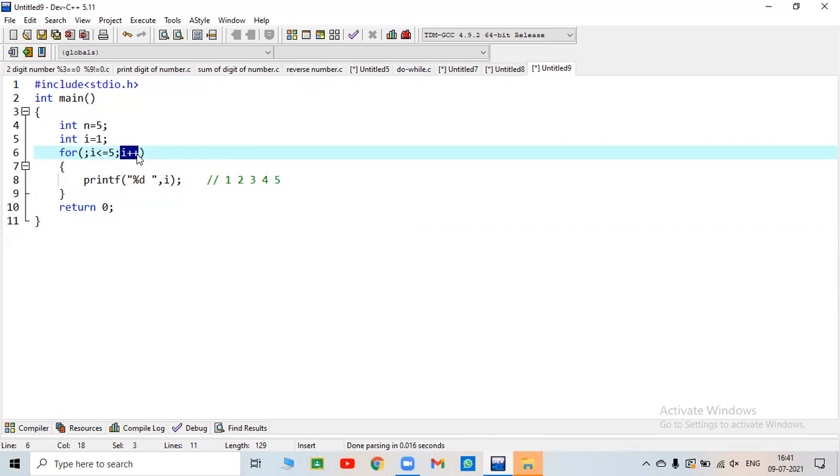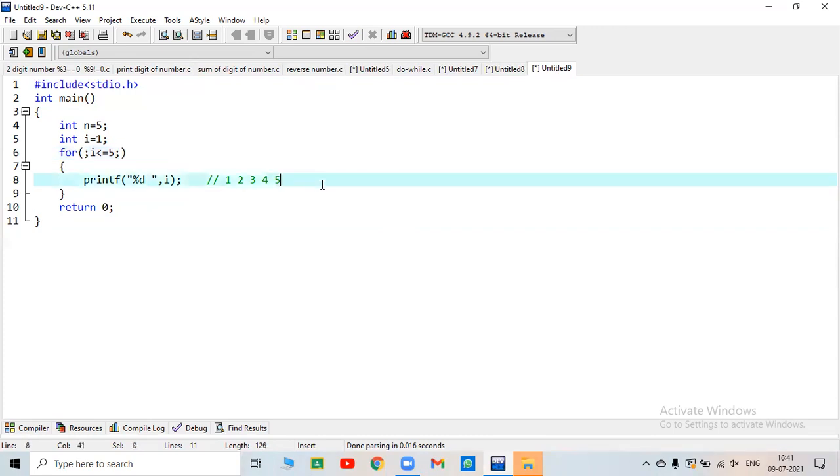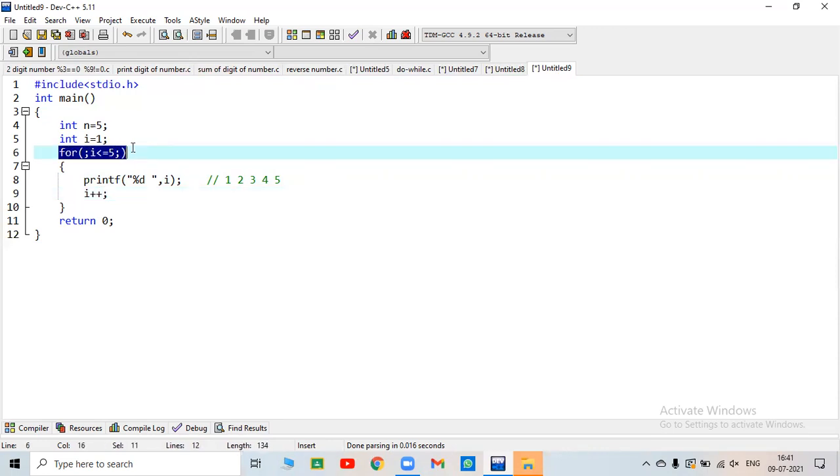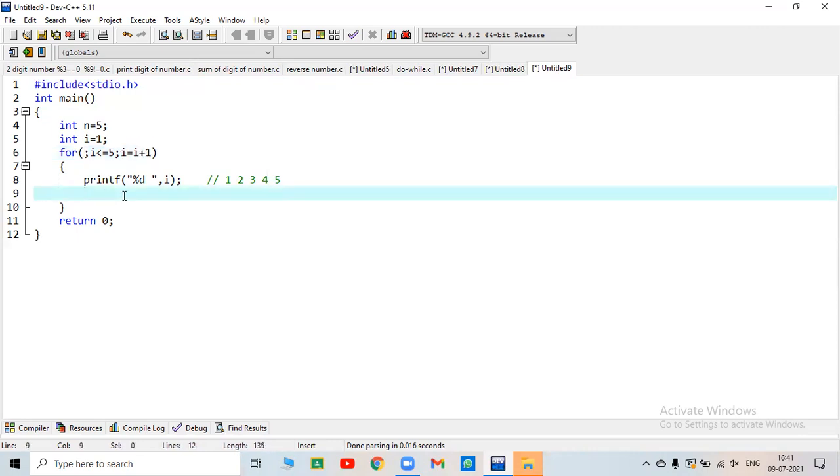Now suppose we are omitting this from here, and we are using our increment operator inside the body. So we can also do this. In this case, this will be the form of the for loop. Okay, we can also give here i equal to i plus 1 and this.